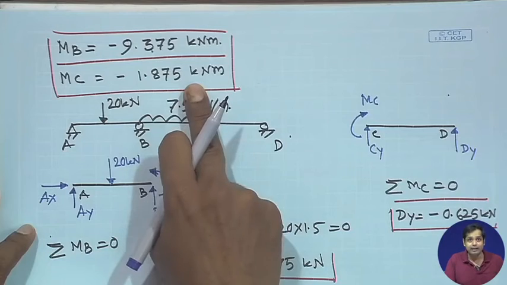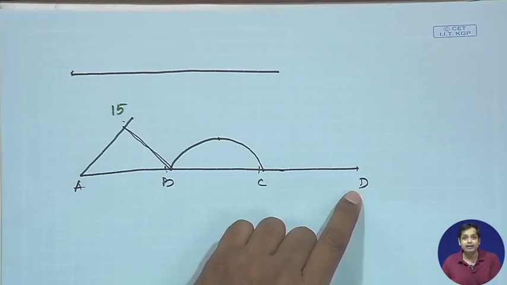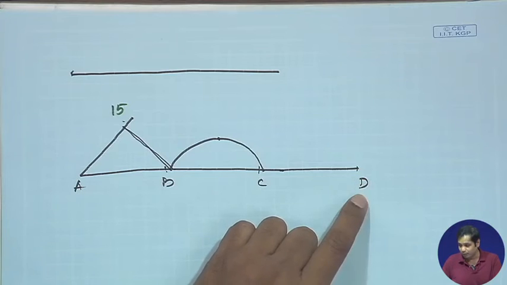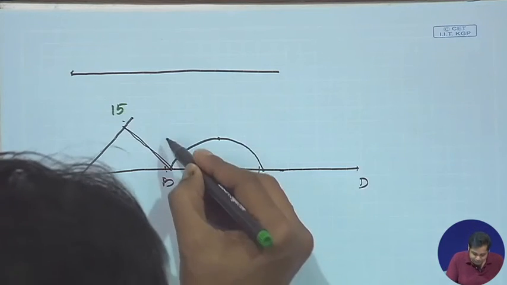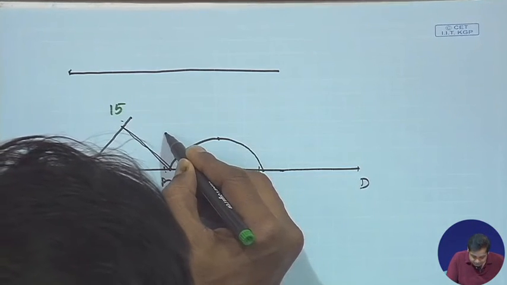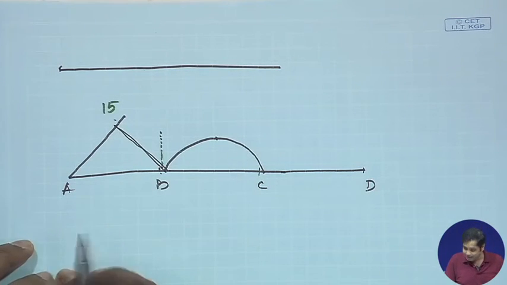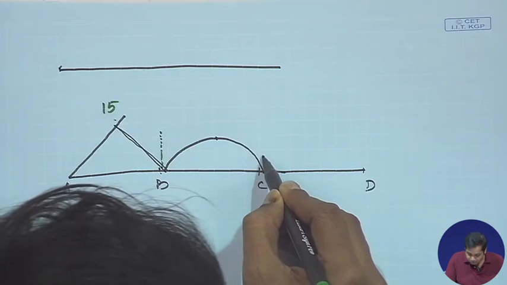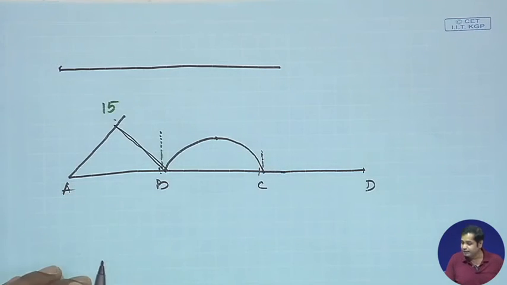Now, then we have MB and MC negative, and the support moments at A and D are 0 because it is a hinge support. So, MB is negative, and this value is minus 9 point something, and then at C it is minus 1.875, and then